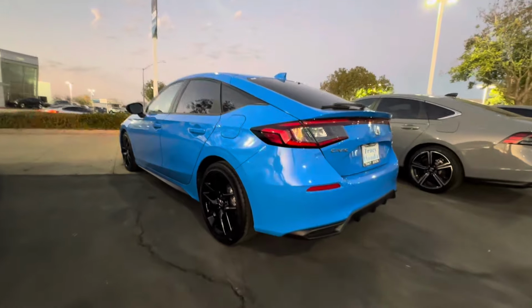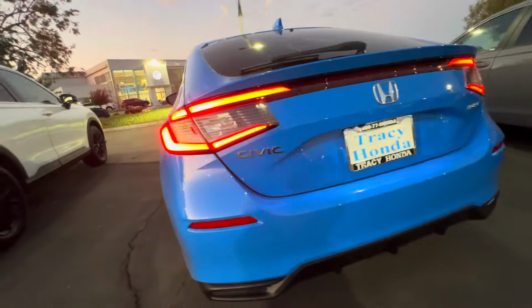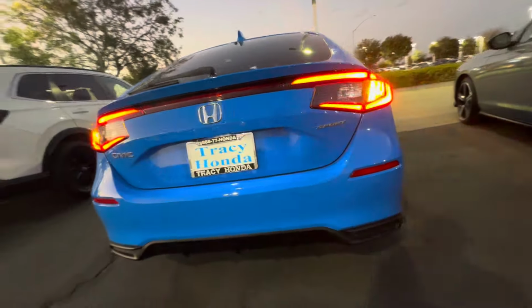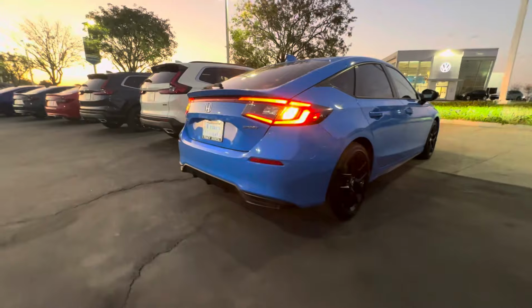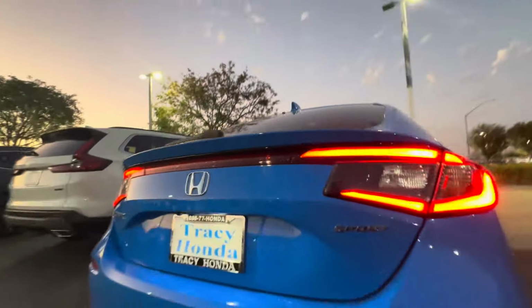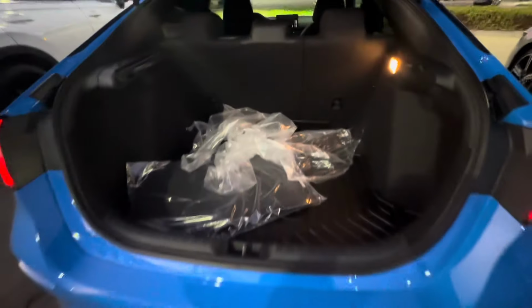Anyhow, there's the back profile. I'm gonna keep on unlocking the door so you can see what these lights look like. There's your LED lights, your light bulbs on the actual turn signals right there. If I just go right underneath this right there, grab that, it's gonna expose the trunk. I don't have my flash on, but I did do the Sand Dune Pearl. The Sand Dune Pearl has